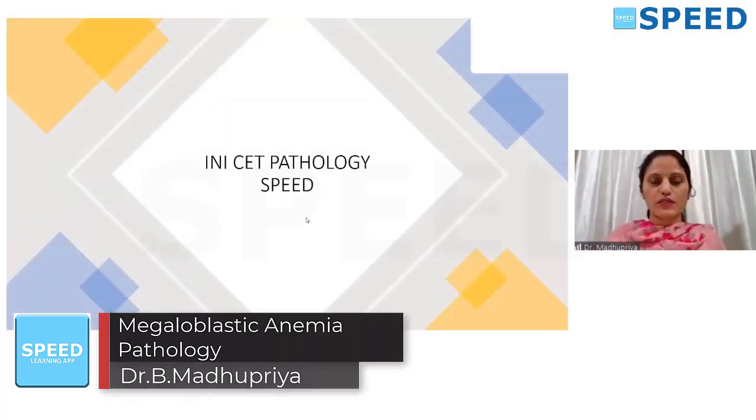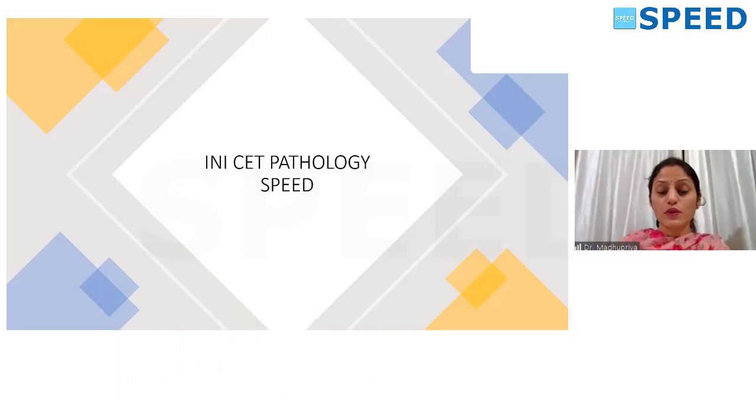Yesterday we saw about hypochromic anemias. In the last NEET PG and 2 years before, there was a question regarding macrocytic anemias. They had given a history of a techie who was especially on poor diet food, and he had anemia symptoms and signs. So what is the most probable cause? It was either folate or B12. That was the question. We'll see how to tackle it.